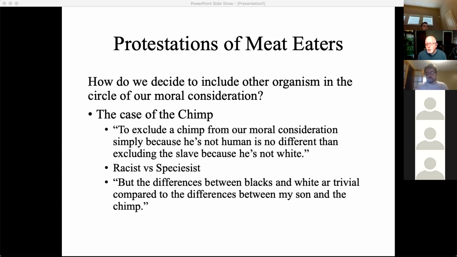So we still haven't gotten to an answer to the question of how far away from ourselves we go before we're comfortable eating something. For you guys, humans were definitely out. Chimps were out. What about orangutans, lemurs, all different primate species, but once again, further and further away from humans in terms of appearances and behavior and things like this.